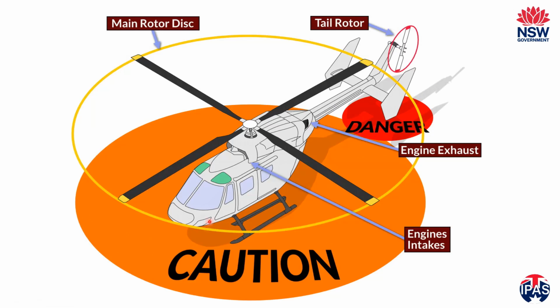The most dangerous area of most helicopters is the tail rotor. And you can see on the screen there, the red area, which is the danger area. And that's because the tail rotor is normally at chest or head height. And the tail rotor spins faster than the main rotor. The other thing is that the pilot, if he or she is sitting in the cockpit, cannot see the tail rotor, so does not know what's going on back there, and that's why it's incredibly important that you, as members